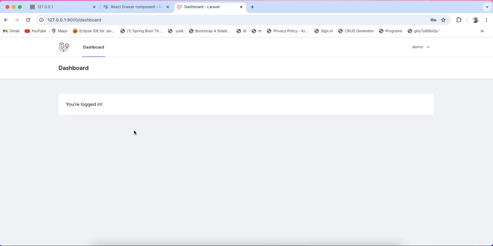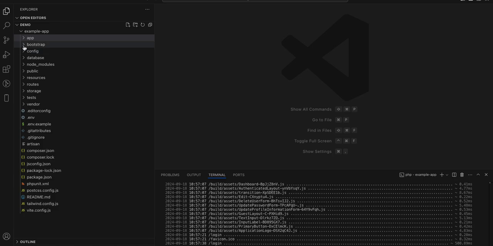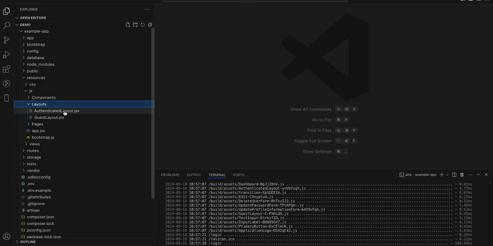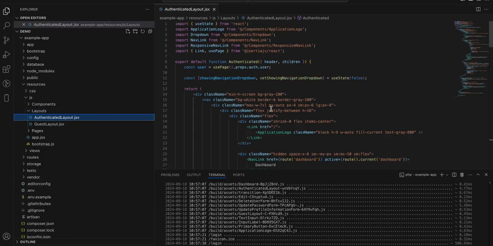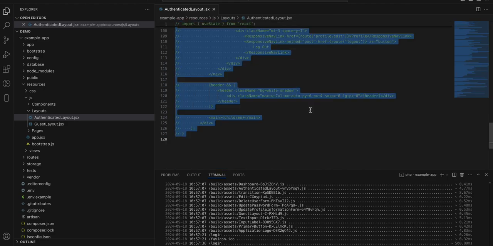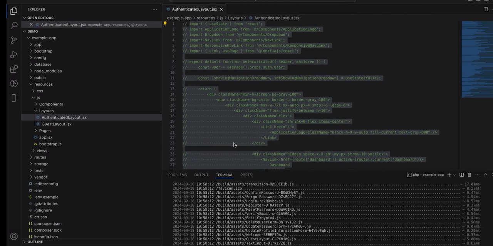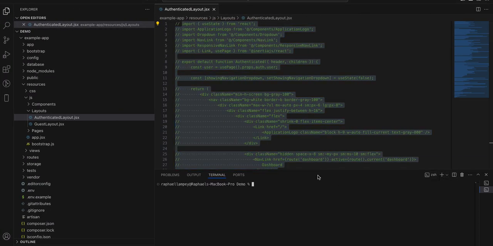So this is the interface, this is the layout for the front end. So when you come to resource JX and you come to the layout, we have the authenticated layout. So let me comment on this, and then so I've commented on all that. It is still running because I have not compiled it. In order for you to compile it,